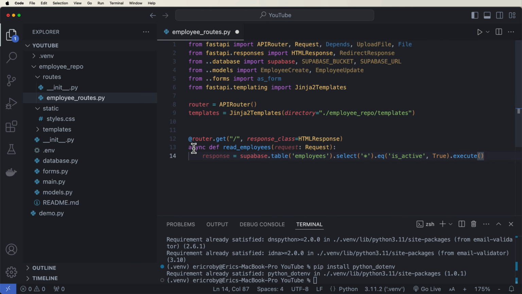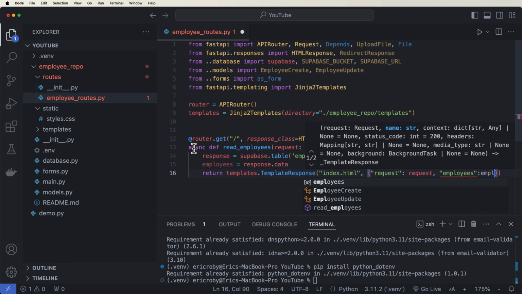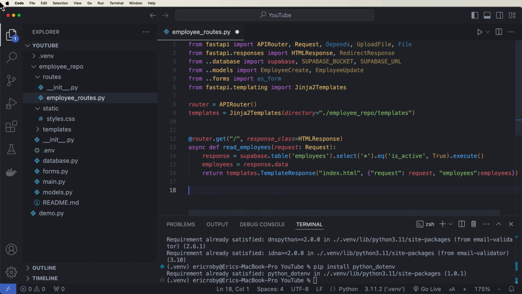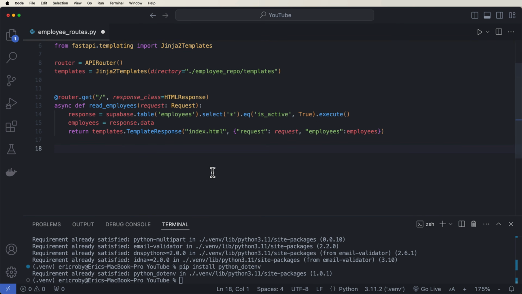And then we can say employees equals our response.data. And then we want to finally return our template response, which is going to redirect us to our index.html, where we can pass in our request and our employees. We also want the user to be able to get to our add HTML functionality, which is going to redirect us just to our add HTML page. And we can do that by saying